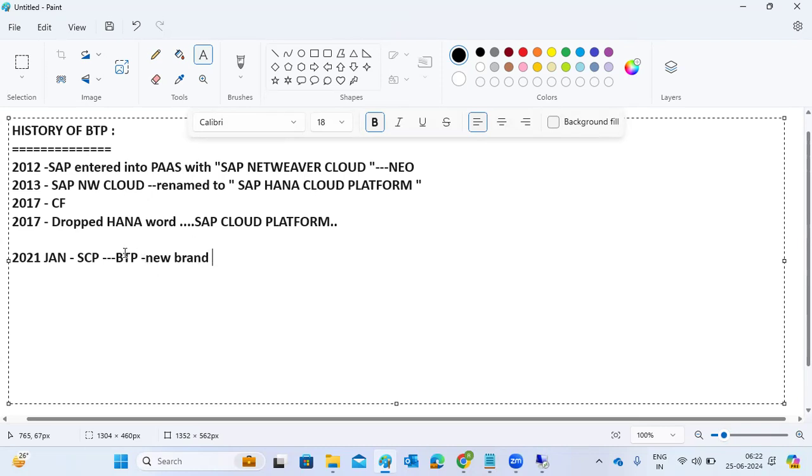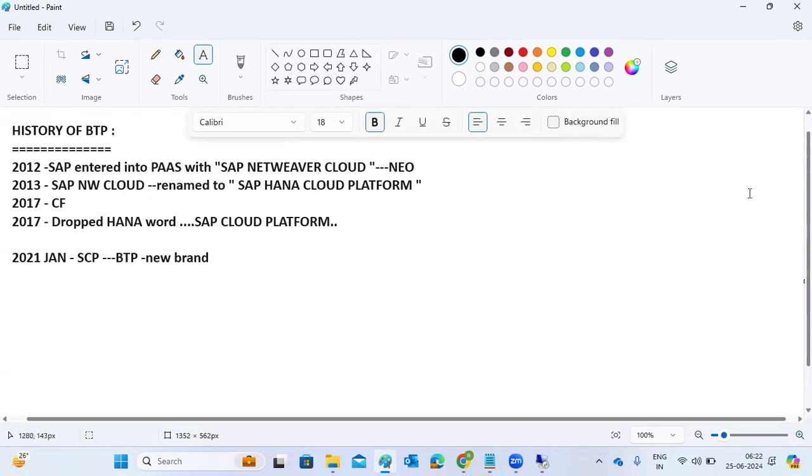That's why they have categorized their services and solutions into the 5 main pillars here. One is the application development related services, then integration related, DB related, AI related, and analytics related. All the services and tools are categorized into these 5 main pillars. Core is core, but they're providing more than that.